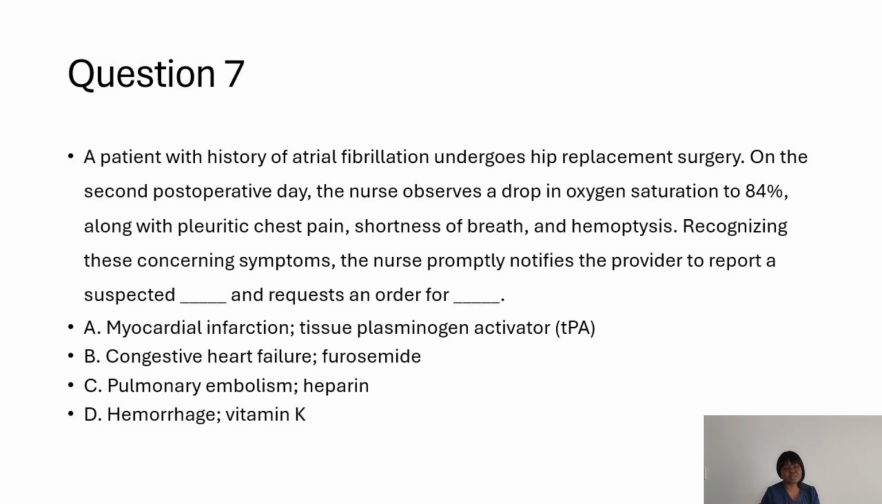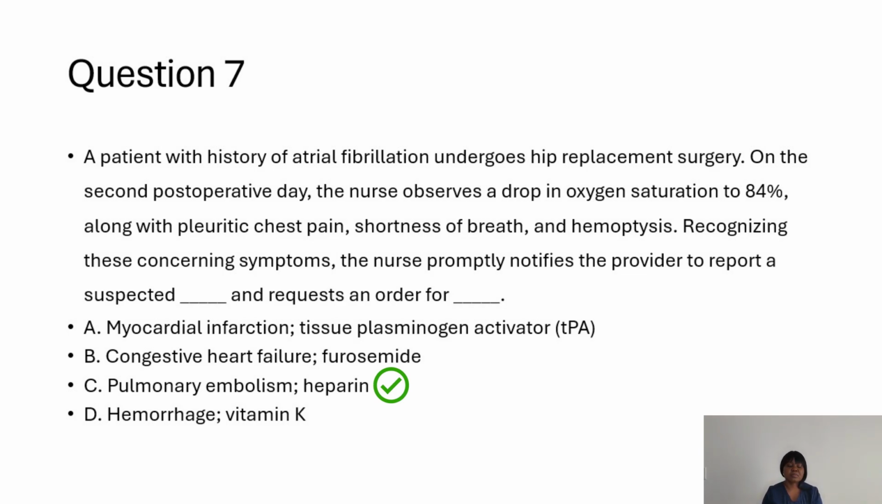A, myocardial infarction, and the nurse needs to give tissue plasminogen activator. No. B, congestive heart failure, the nurse needs to give furosemide. No. C, pulmonary embolism, the nurse will be expecting an order for heparin. Yes. Remember, this patient already has a history of AFib and now went for surgery. So the patient is at risk of pulmonary embolism. Because of that previous history of atrial fibrillation, it puts them at risk of hypercoagulability, which can lead to pulmonary